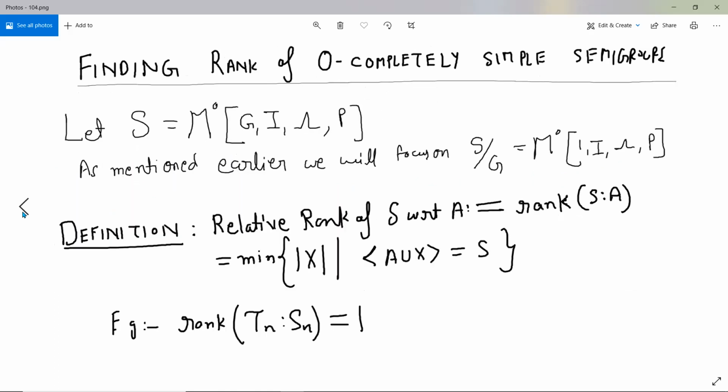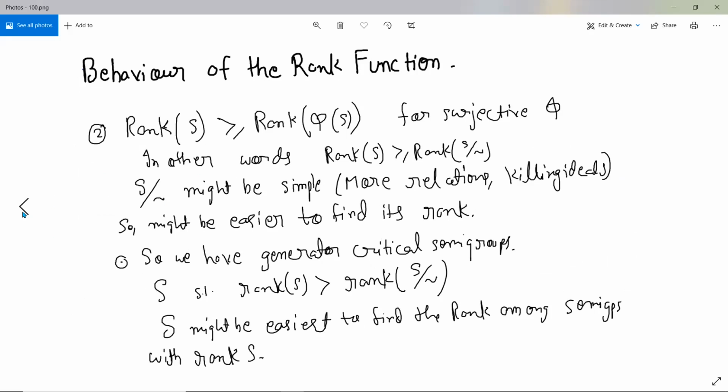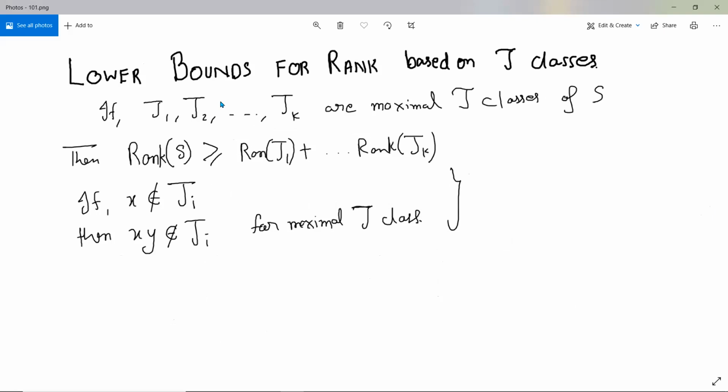We naturally came to the idea of how we come down to simple semigroups, because we bring the problem of finding ranks of the big semigroup down to J classes, and J classes are simple, because any two elements in a J class generate the same two-sided ideal. So a J class, when looked at as a semigroup, will not have any proper ideals, and so on. So we are naturally down to finding ranks of J classes,